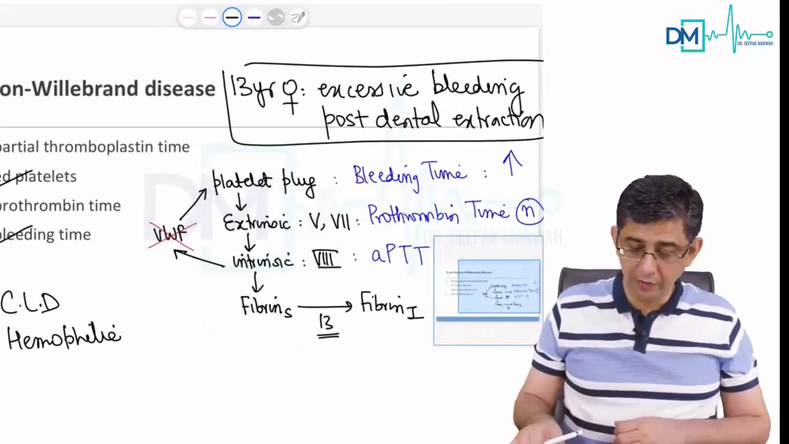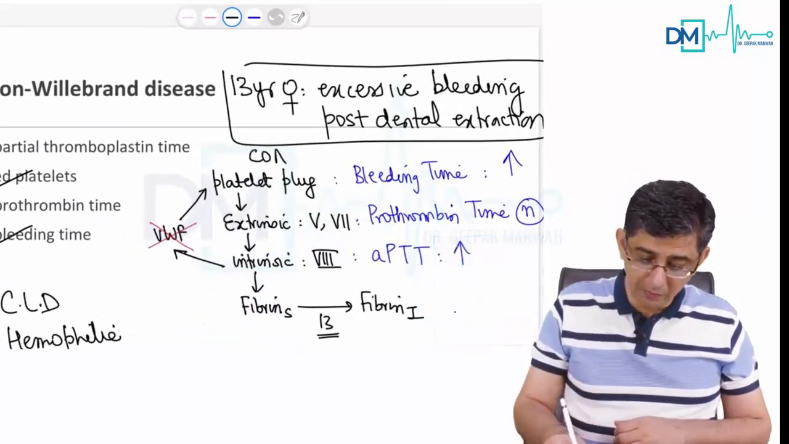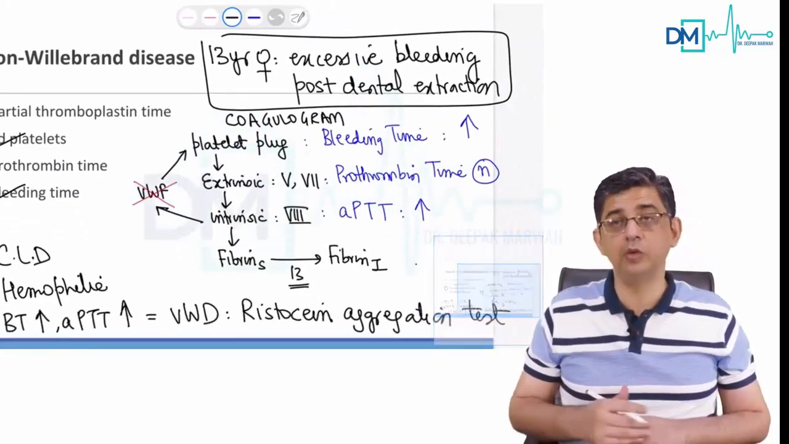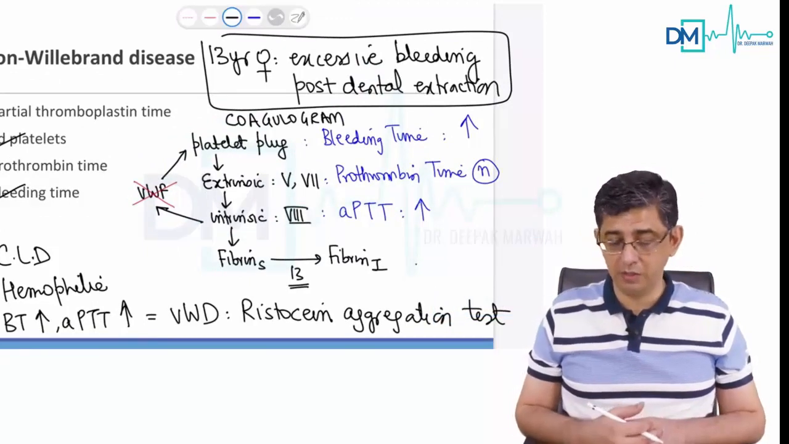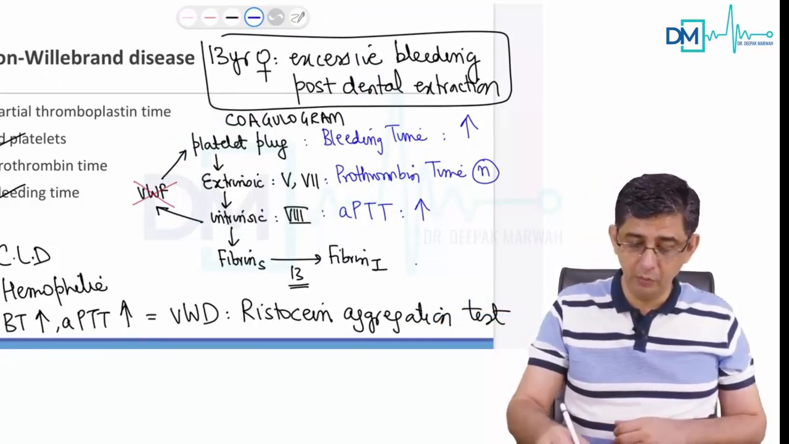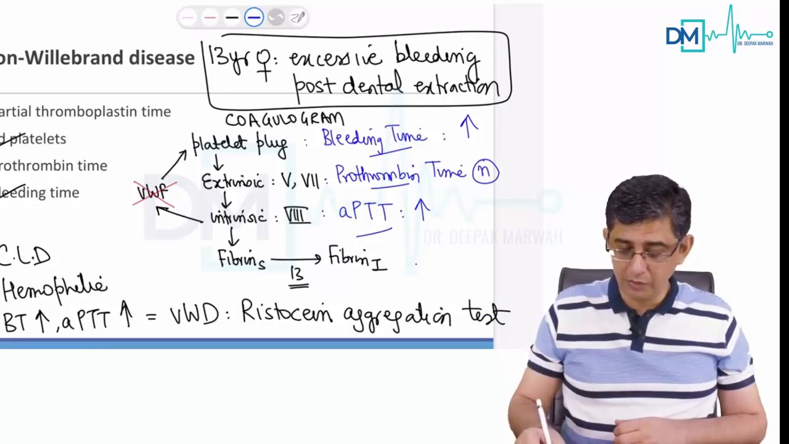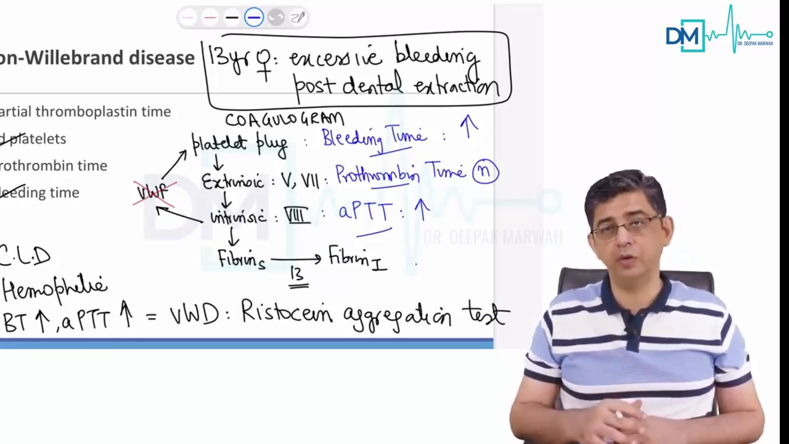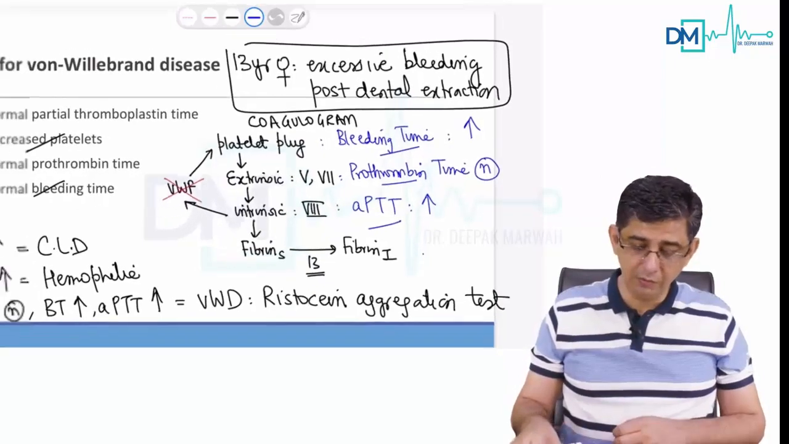The test that you will write for these patients would be called coagulogram. In coagulogram, what test will you do in the patient? You will write bleeding time, prothrombin time, activated partial thromboplastin time. The three tests that are written in blue before you are the three components of the coagulogram. And if in the report everything is more except one, prothrombin time, it is a diagnosis of von Willebrand disease